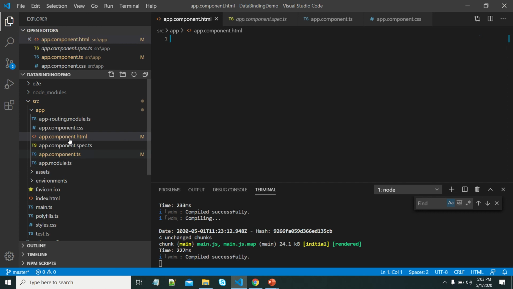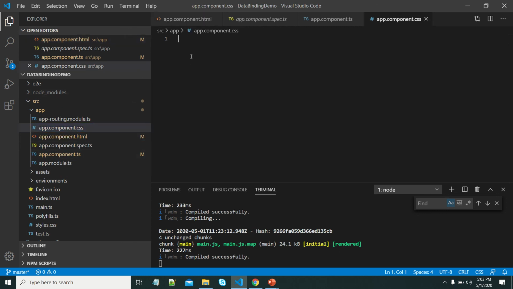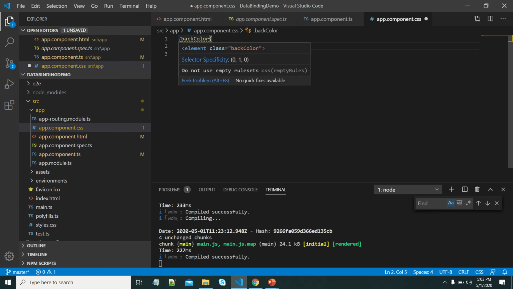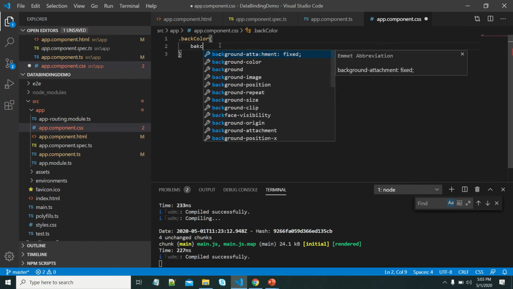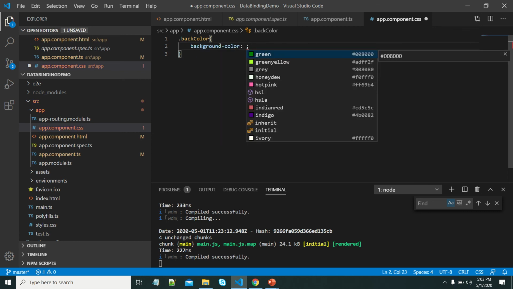Yes, this is a simple program which was created by using the CLI. In the app component, let us modify all these things. Let me first add some CSS classes. Generally we write CSS classes like this: dot, this is the class name, where I am specifying background color as some value.